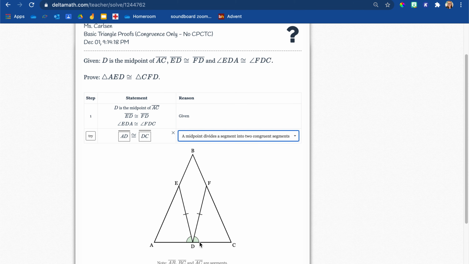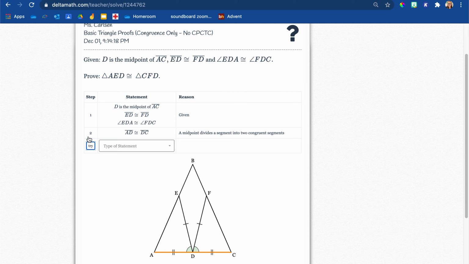We can say that because a midpoint divides them. See? Got to make sure we're paying attention here. D is the midpoint, so we got to use midpoint there. We didn't actually establish that ED and FD are the segment bisectors, but they are as well. Okay, so now that we've dealt with D is the midpoint of AC,